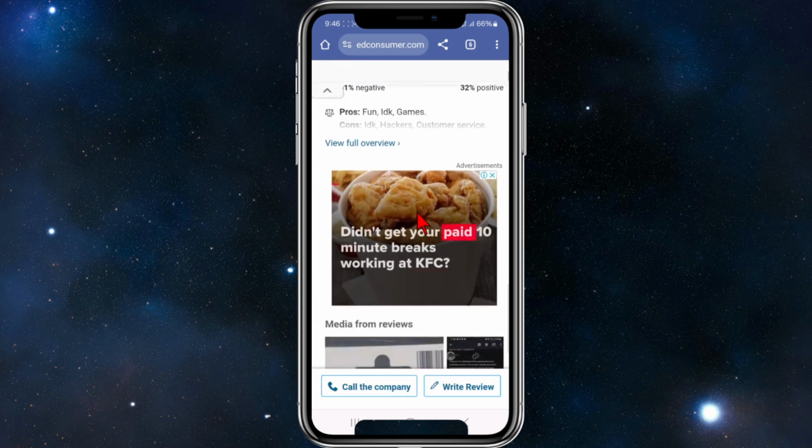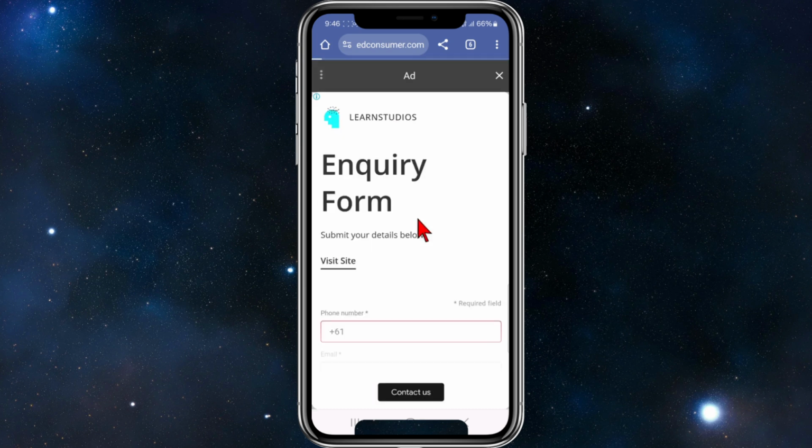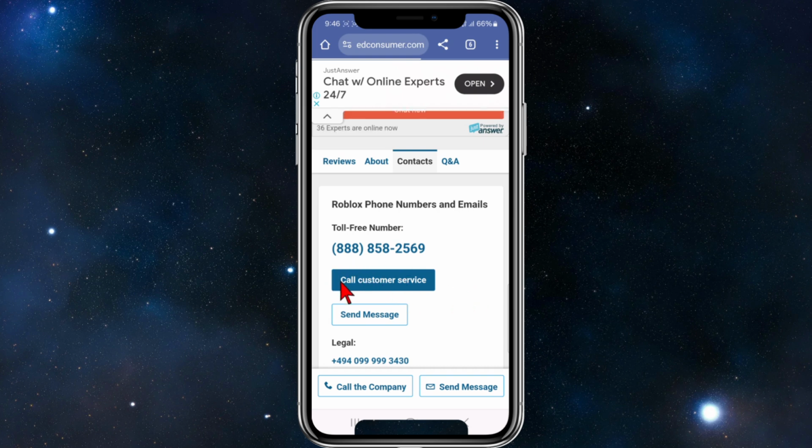And now scroll down and then look for an option that says reviews about contacts. Click on the contacts tab and then you want to skip out of the ad. Then scroll down again and then we've got a toll-free number we can give a call, or you can simply